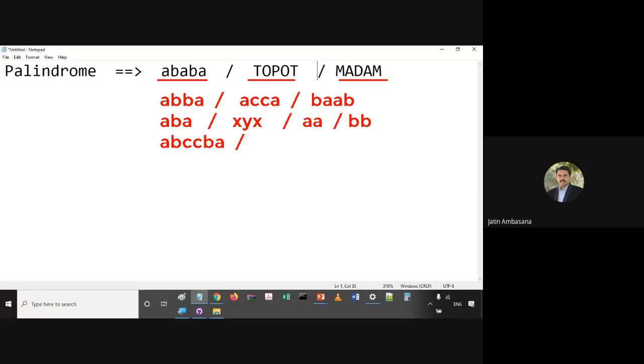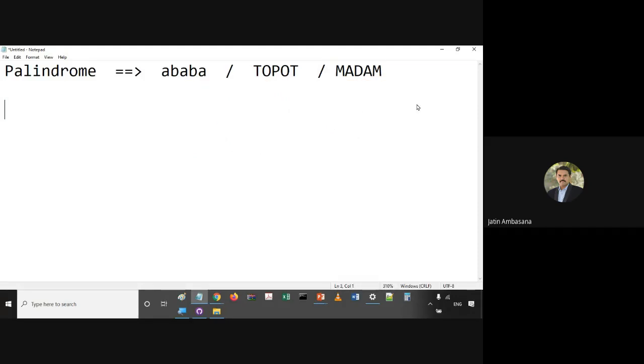See, what is the advantage of palindrome? If a string is like this ABBA, can you store only the half string inside the memory? Yes, that's the beauty. You can say this is a palindrome string, and you are just storing half of the string and not the rest of the string. If it's an even numbered string, you can store it. So you can do this kind of business logic somewhere.